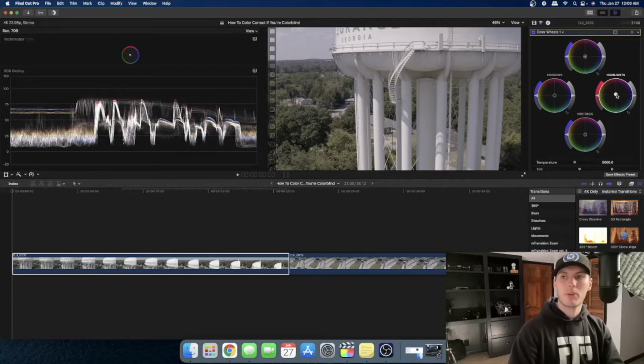So I'm going to take these highlights and do my best to make sure, because I'm setting white balance, I have a white object in the video. That's what I'm going to try and overlap over here to make white. So as you can see, that's really warm, and the green is dominating, and the red. So I'm just gonna move this circle around until I see a lot of overlap. So right there looks pretty good,